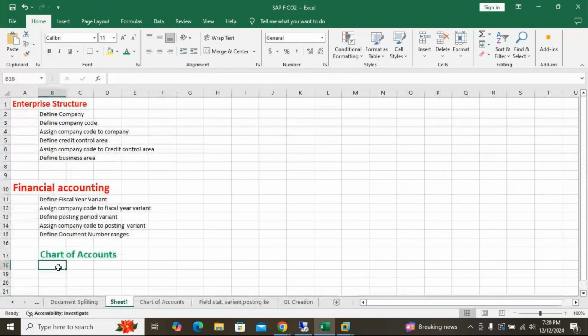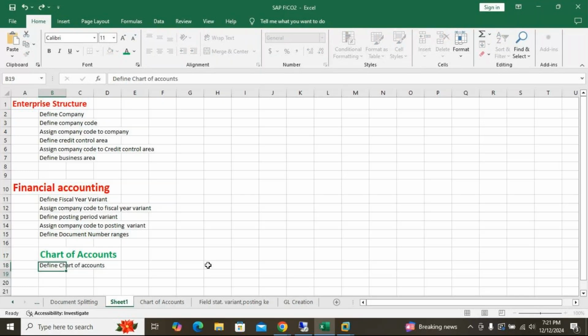So define chart of accounts. Then assign company code to chart of accounts.